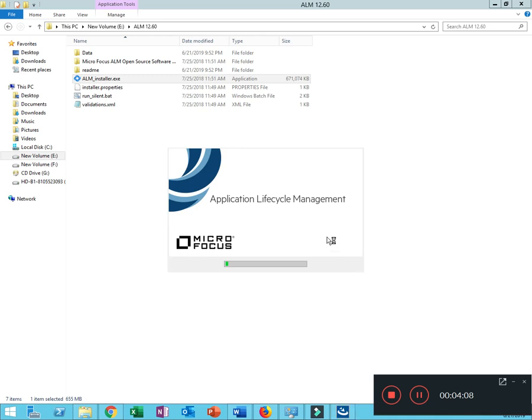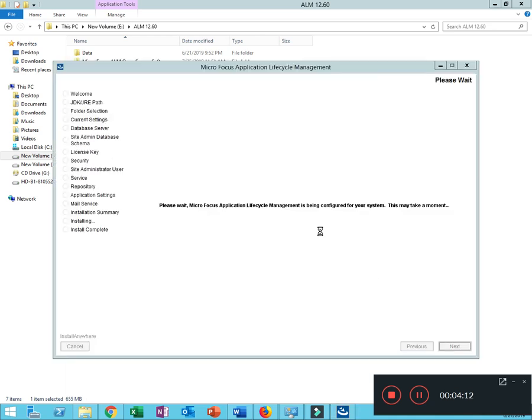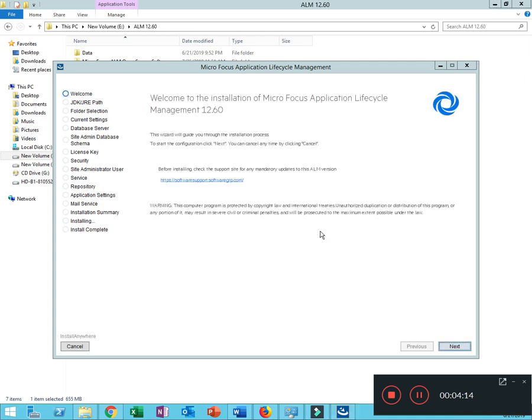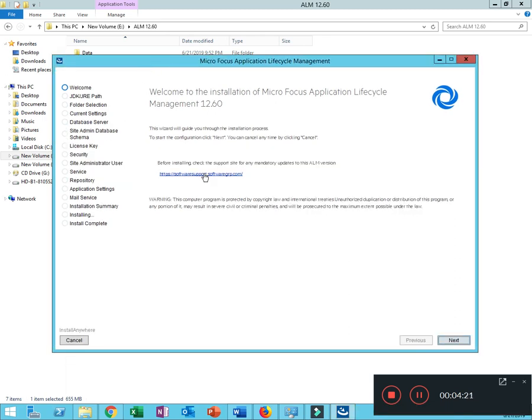It's opening the Application Lifecycle Management window. So it started the installation welcome page. Now read this installation details and you can proceed to